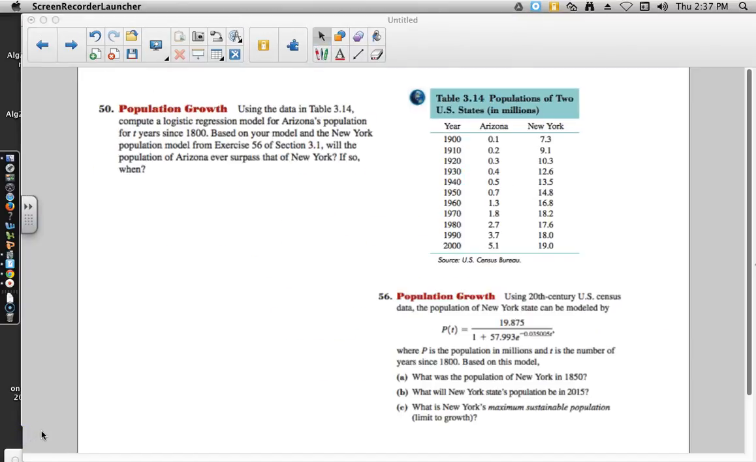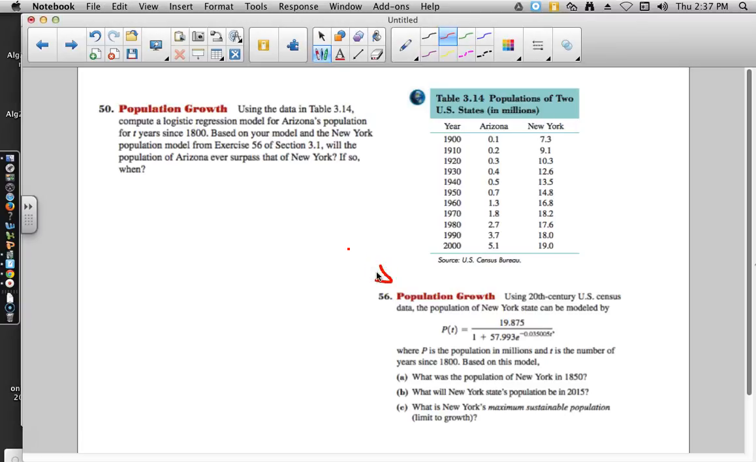And this one has us using the data in Table 3.14 to compute a logistic regression model for Arizona's population for years since 1800. And then based on that model and the New York population model that is in this exercise right here, 56, will the population of Arizona ever surpass that of New York? If so, when? Well, the pretty obvious information that we have here is that for New York, that limit is